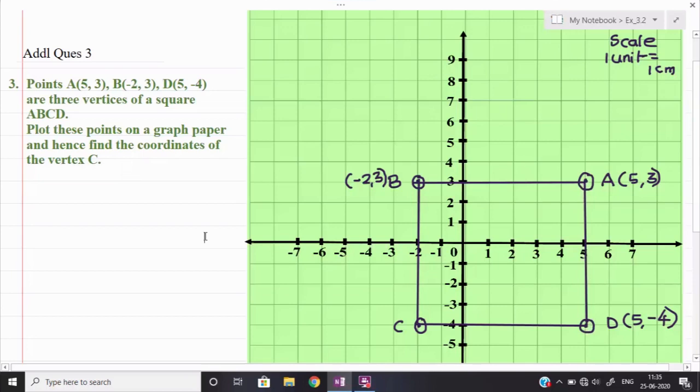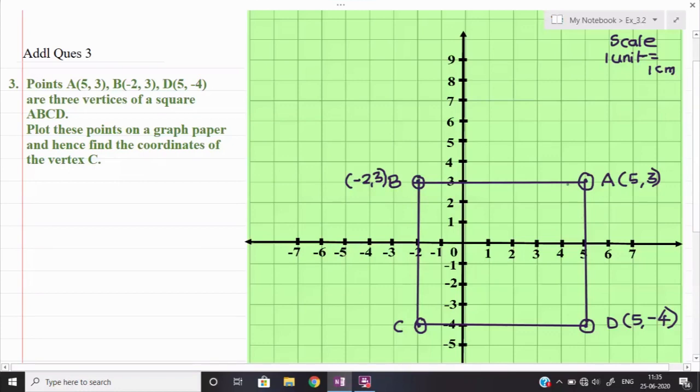First of all, you observe A to B, what is the length? Along the Y axis, A to B we can directly find out the length. Count the number of boxes from A to B. So see, I am counting it over here: first, second, third, fourth, fifth, 6 and 7. So I can say that the length of AB will be 7 units. Now count from B to C: 1, 2, 3, 4, 5, 6 and then again 7. Same way you count C to D and D to A. Everywhere the length will be the same, 7 units only.